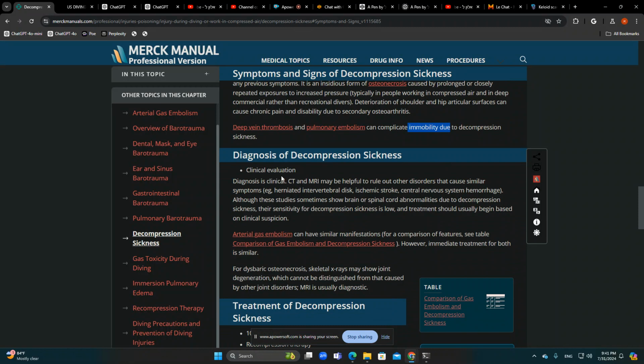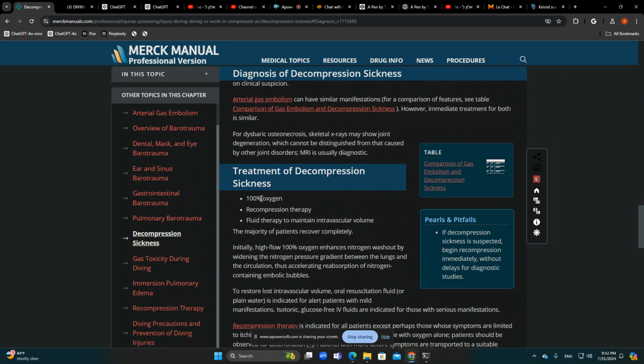The diagnosis is usually clinical. Sometimes CT or MRI can help see some osteonecrosis and things like this, or arterial gas embolism, but it's not very precise. The diagnosis is mainly clinical, and usually there is no time for completing diagnostic tests, not MRI, not CT. When you suspect it, usually the treatment should be given: 100% oxygen, recompression therapy,